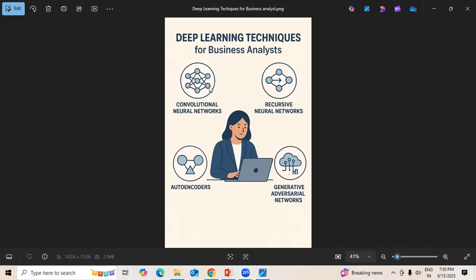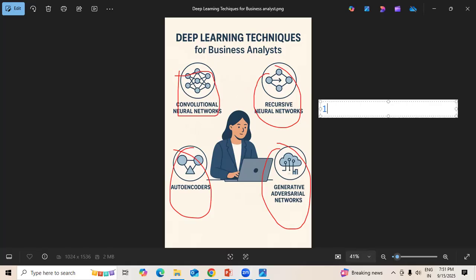The ones I mentioned over here are convolutional neural networks, recursive neural networks, autoencoders, and generative adversarial networks and all. Apart from that, we have other techniques we generally use. So let me list those out first, then I will explain one by one. The first one, apart from the ones I mentioned here, because these are the add-ons in addition to that, because these are all different things,